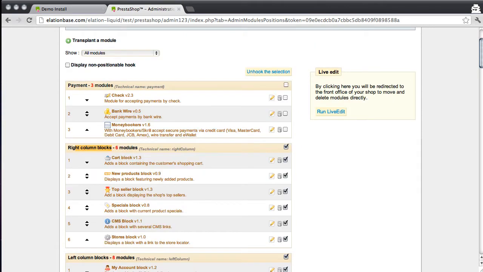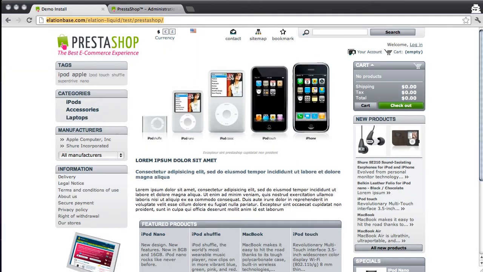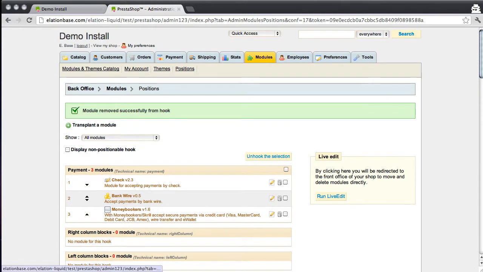If your store is already working, do not uninstall the painted modules. If it's a brand new store, just leave it however you want. So click on Unhook this selection. Now you have a clean Prestashop. I can refresh here and there is nothing. Okay. Then go back to modules